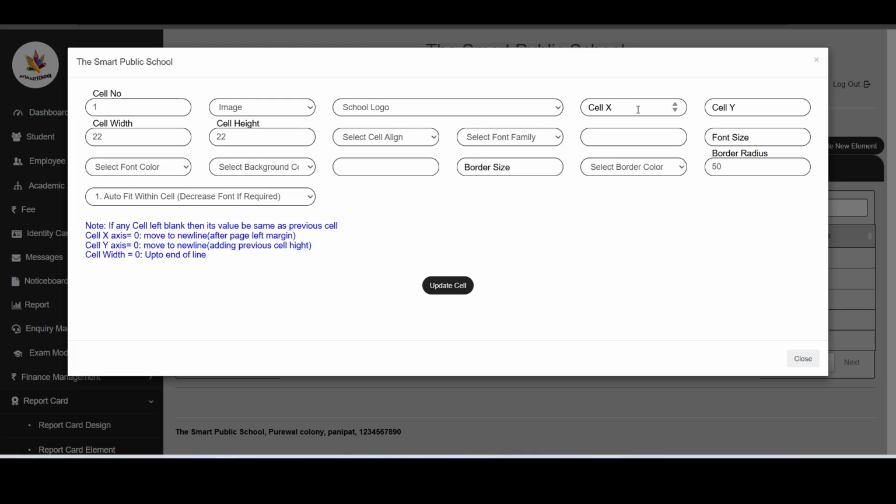If we give x-axis 0, it will move to the next line, and if we give y-axis 0, it will also move to the new line, adding the previous cell height. And when the cell width is set to 0, it will extend up to the end of the line.